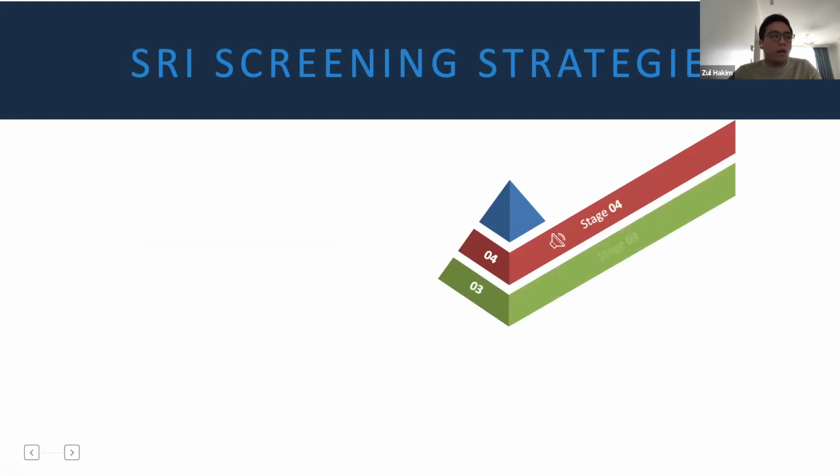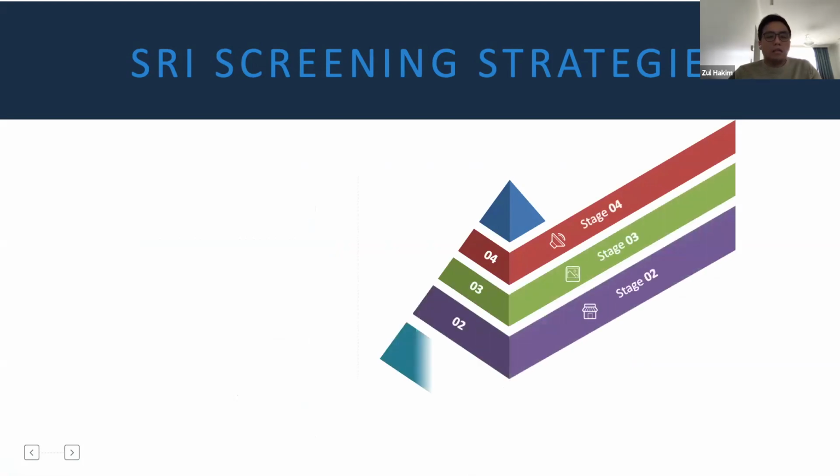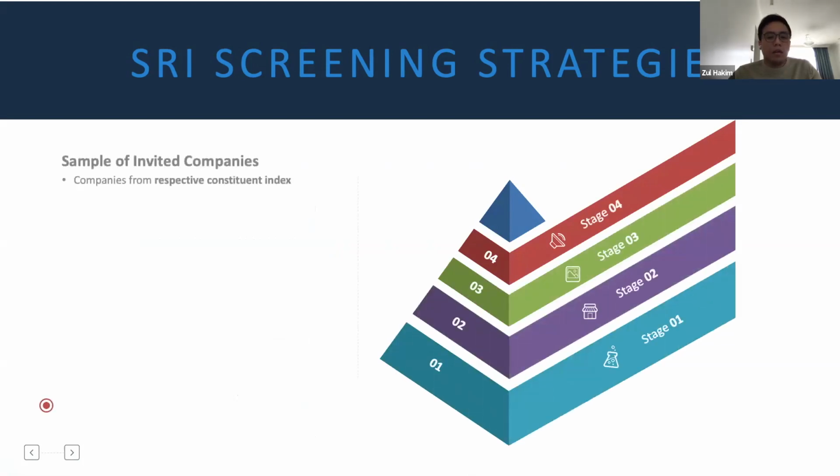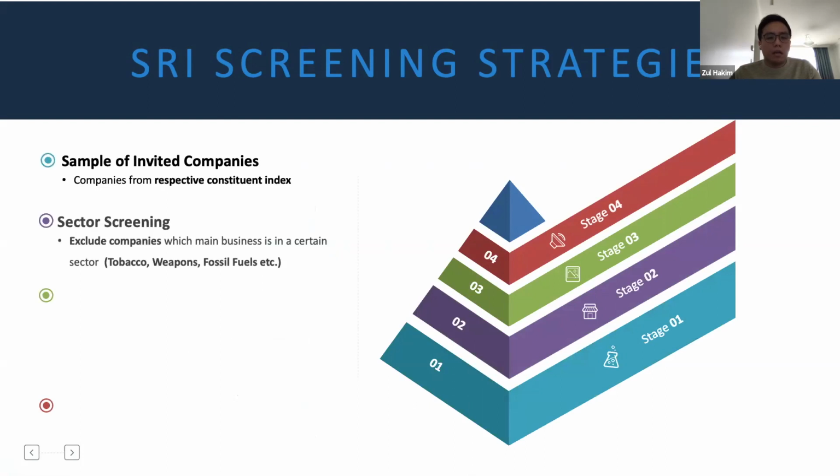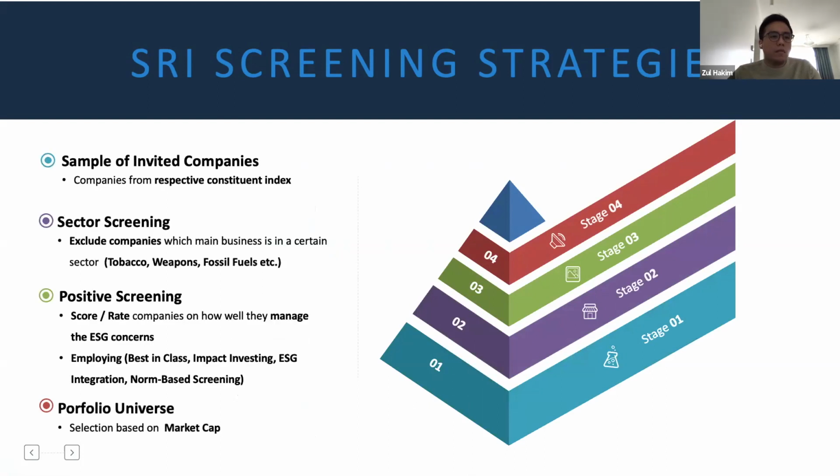Okay, just a recap on how they do these stages, on how they come up with the SRI indices. First and foremost, they will take a sample of invited companies. So they will invite companies to be included in these indices. And first and foremost, they will screen out certain companies that they don't want to be part of the portfolio, and this includes, for example, tobacco, weapons,